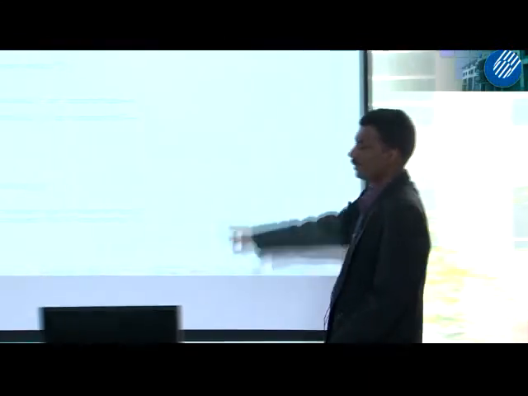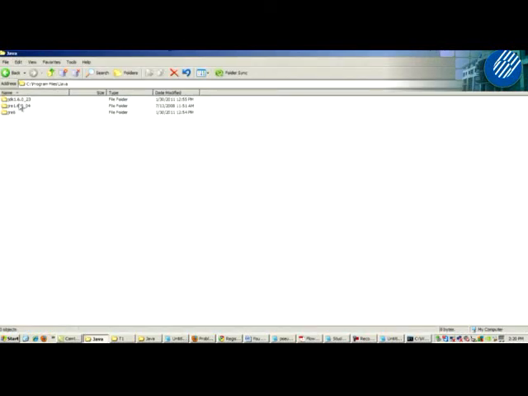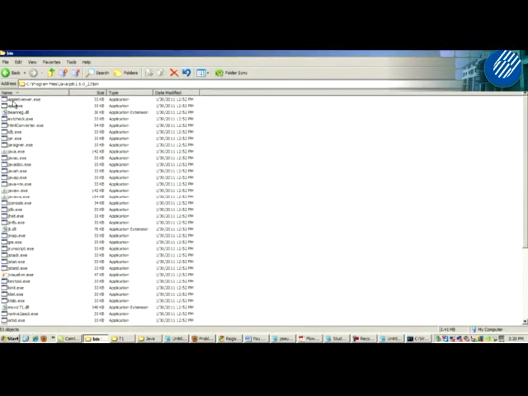Before that, if you go to the JDK bin directory, can you notice Student here? You will see the files have been saved. Here you can see student.java.